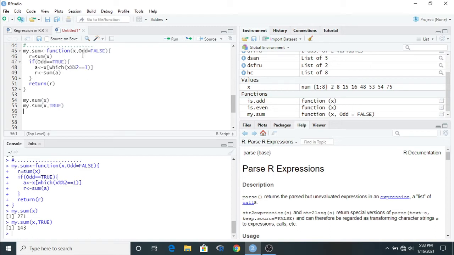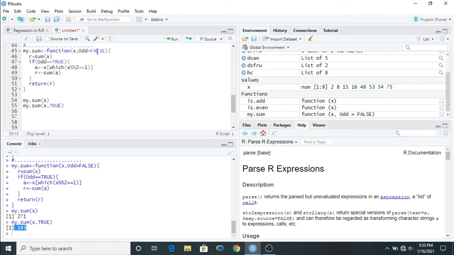Remember one thing, when we assign a particular value to the input, that will be the default. Otherwise it may not be the default. So for the default purpose, you may write false or not. It is not necessary. The result will be given on a default basis. But when you want to execute the extra option, then you have to put the additional option here, and the result will show you the summation of all the odd numbers. This is a simple way to add one additional input.